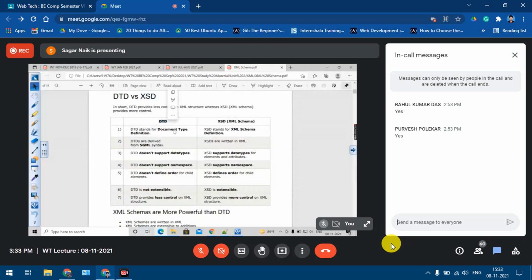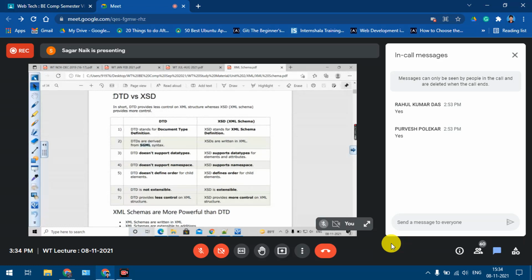See, first of all, if you look at the DTD, now everyone knows how to write the DTD, right? If you look at the structure or the syntax of DTD, it is not the same as XML. Yes or no? We had a different way of programming, a different way of writing the DTD part, yes or no? But if you look at the XSD concept, what we are going to study now, the syntax of XSD is a bit similar to XML. Understood? So the XSD are written in XML. Their syntax is the same as XML. But DTD is derived from the HTML syntax. It is not the same as XML, right?